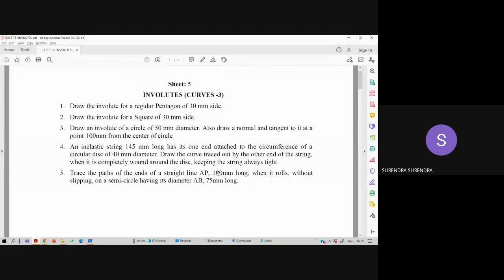In the previous case, the length of the string is more than the circumference, so first we drew the length of the string. The first preference is given to the larger one, whether it is the circumference or the string. But in this case, the circumference is more than the length of the line AB. AB is only 100 mm, but the length of the circumference is 117.